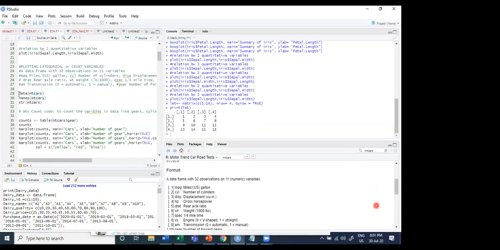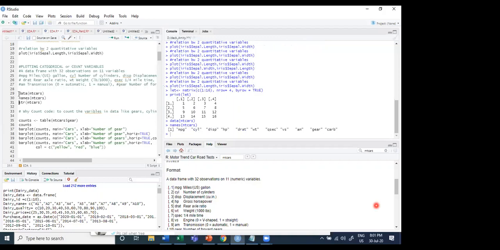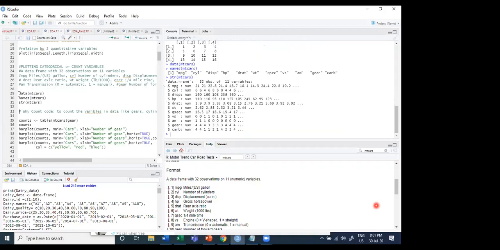Let's go to the data set. Let me call the data set. I'm calling the inbuilt data set by typing data, bracket, mtcars, bracket close. Now I'm calling the names to see what variables are there. It is showing 11 variables. Now this is the structure of the data: 32